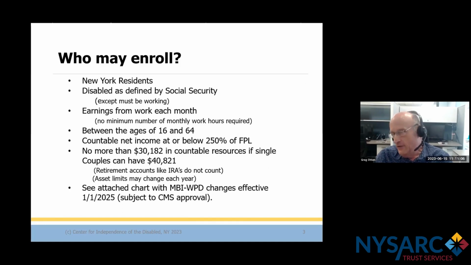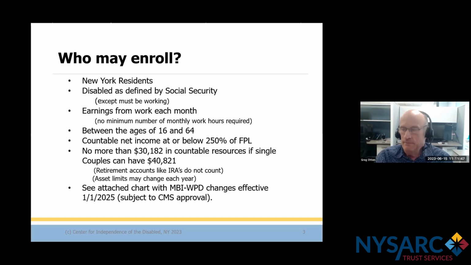Every state has a Medicaid buy-in program. I'm speaking specifically of the New York program today, because that's where we all live and serve clients, and it has rules distinguishable from any other state. Again, disabled as defined by Social Security, meaning unable to perform substantial gainful activity due to a medically determinable impairment that is expected to result in death or last at least 12 months. Now, substantial gainful activity has specific dollar amounts. I believe it's $14.70 a month this year.